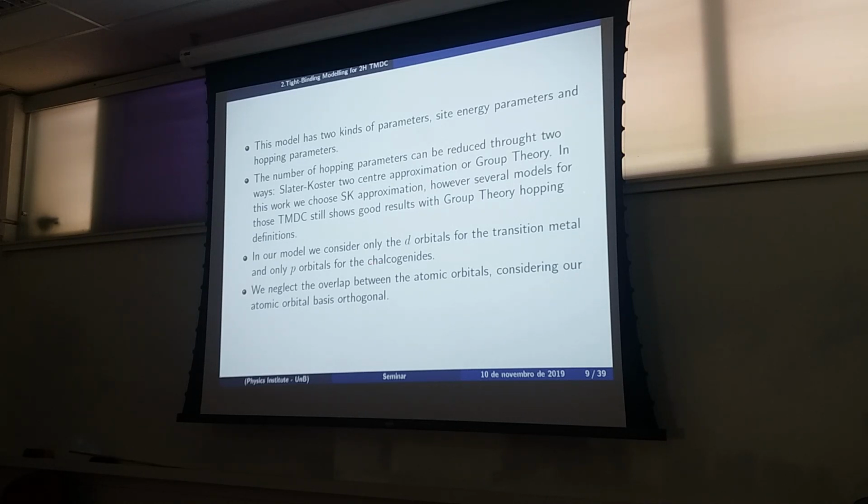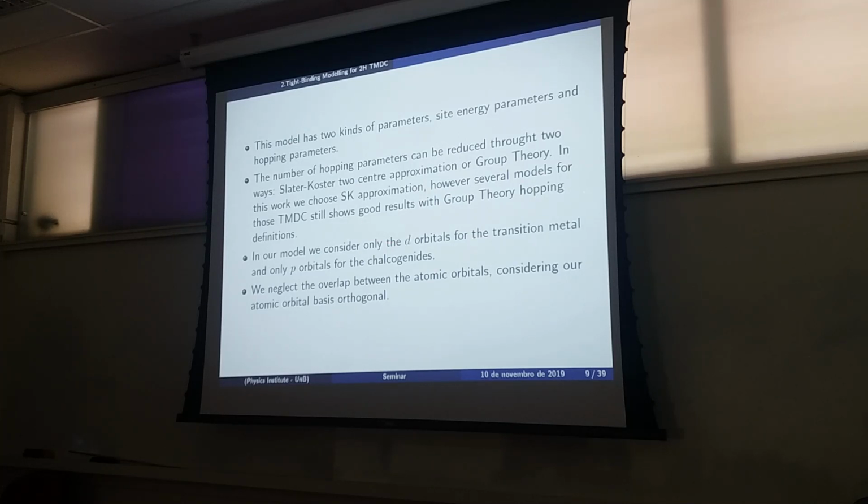Or you can use group theory to reduce the number of parameters and make a model using a few parameters. In my case I use 31, but you can model it with 12 if you can lose some precision. But don't put so many parameters because people don't like it. In my work I focus on the Slater-Koster two-center approximation, but people have good results using group theory to define the